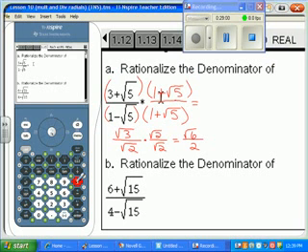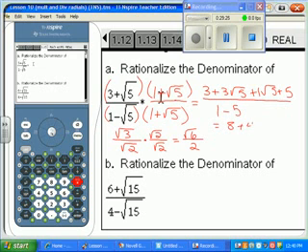In the numerator, you have to FOIL. So you get 3 plus 3 square roots of 5 plus 1 square root of 5 plus 5 over 1 minus 5. Right? 1 times 1, and square root of negative 5 times square root of 5 is negative square root of 25, which is negative 5. Okay. So we would get 8 plus 4 radical 5 over negative 4. Okay. Then the last thing you could do is actually divide. And then this will be your solution. Okay. And we'll finish this